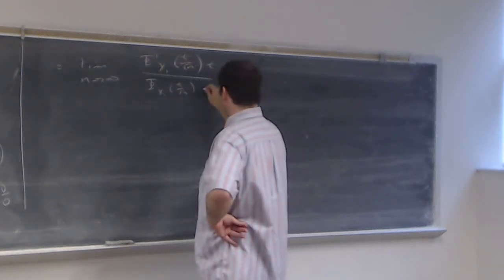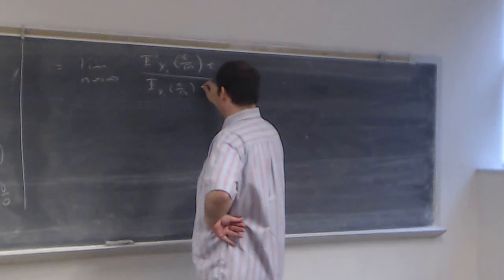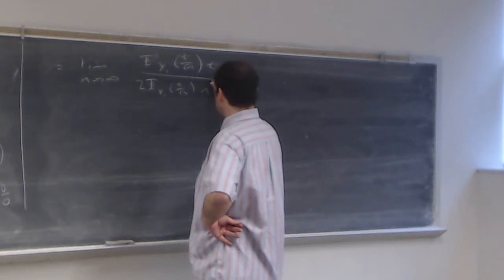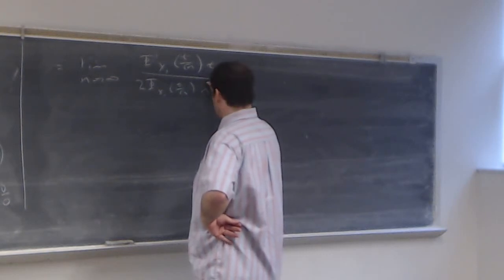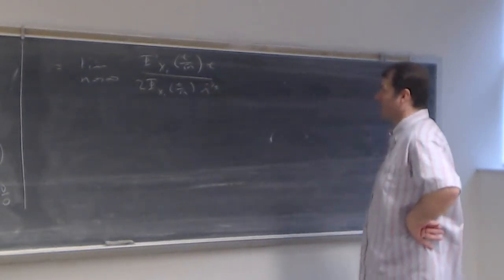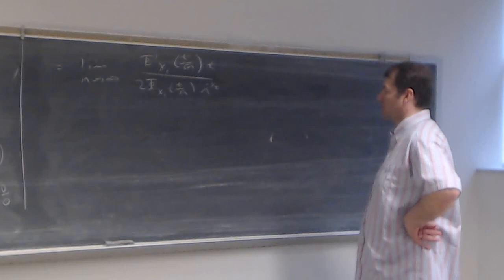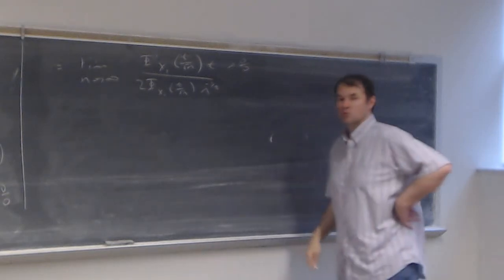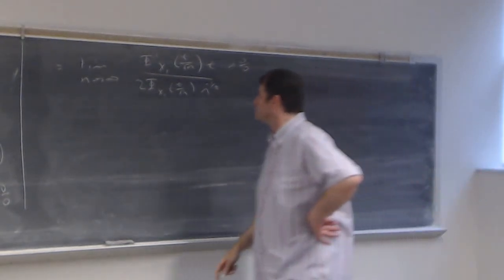And then there's this n. There would be a 2 here. And then there would be an n to the minus 1/2. That's what we have. Okay? And this again I said was a 0 over 0 form. So we use L'Hopital's rule. So this is equal to,